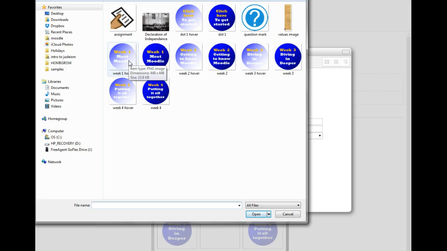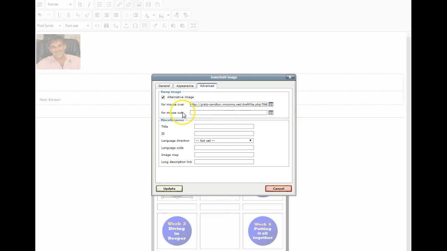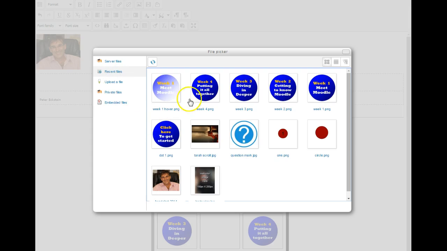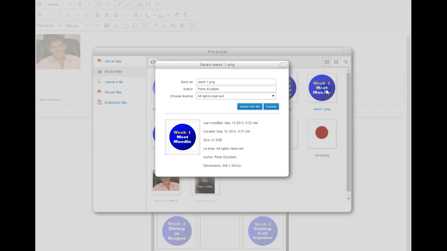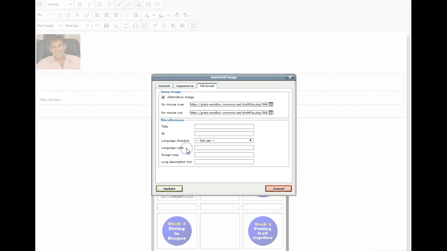So we're going to add this button, this faded week 1, to be the image when we hover over the icon. We're going to upload it. And then for mouse out, and this is a little confusing, you click Browse, you choose the original file, the week 1 image that is not faded out, the one you've already used. You have to add that again. You select that file. You have to click Overwrite because it knows that it's there already. Click Update,